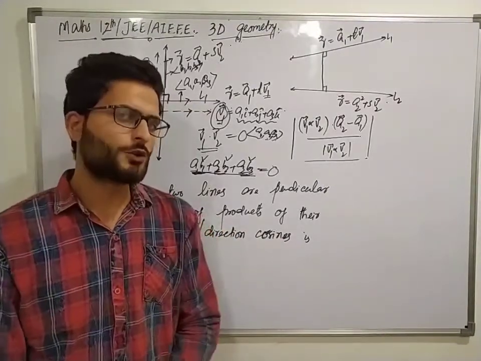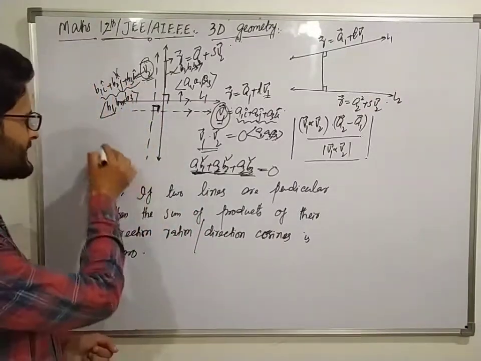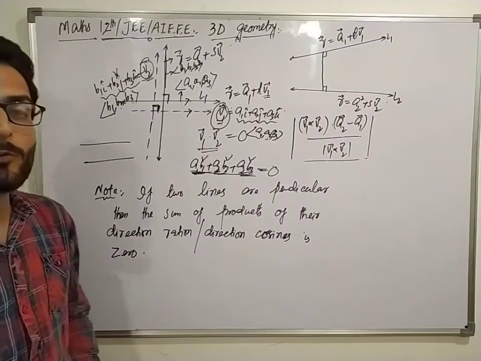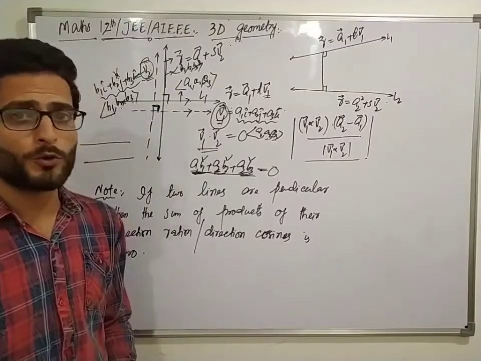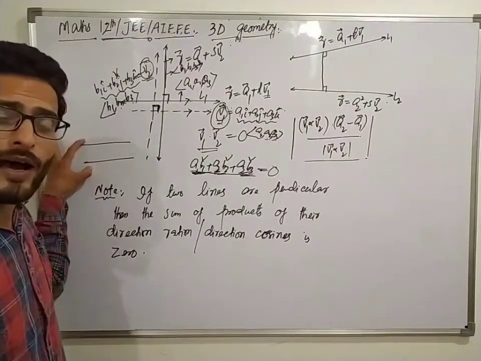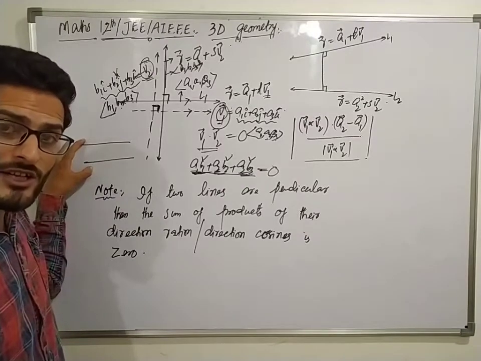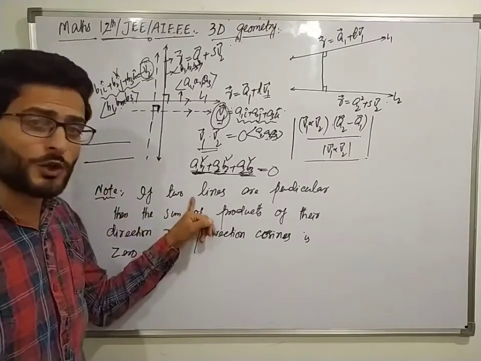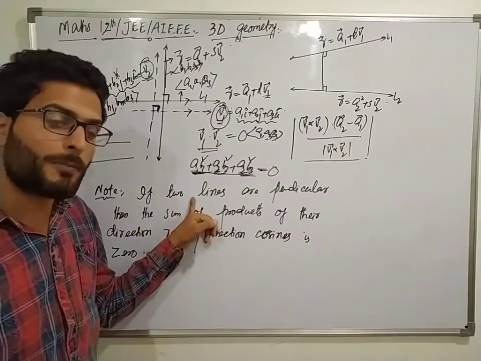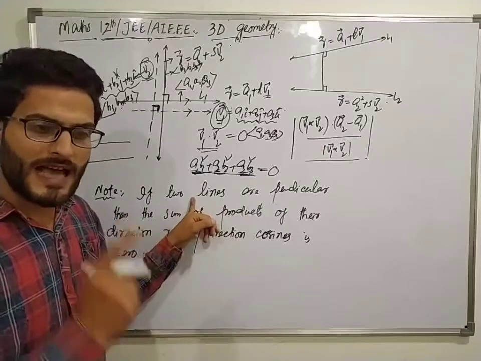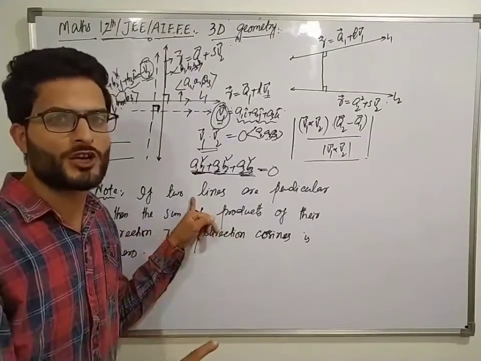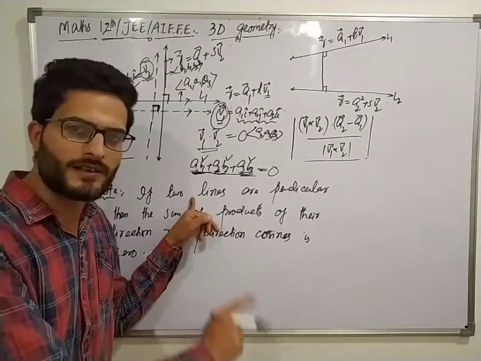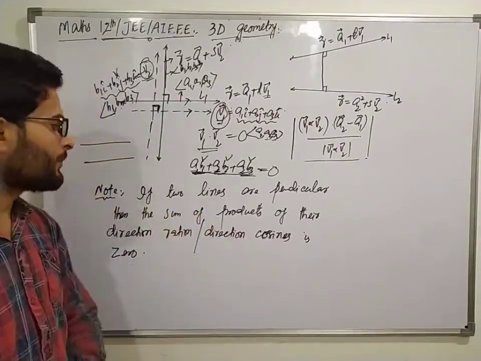और अगर दो लाइन्स आपस में पैरेलल हैं तो ऑब्वियसली डायरेक्शन रेशियोज ऑफ द लाइन्स वुड बी आइदर सेम or proportional. So parallel lines have either same or proportional direction ratios and same direction cosines, while as perpendicular lines में ऐसा possible नहीं है। perpendicular lines में क्या होता है कि the sum of products of their direction ratios is 0 as well as the sum of products of their direction cosines is 0।